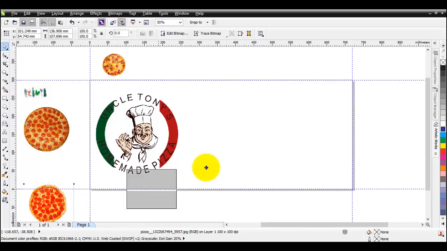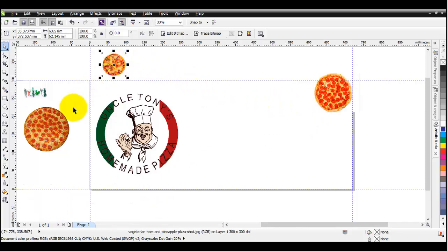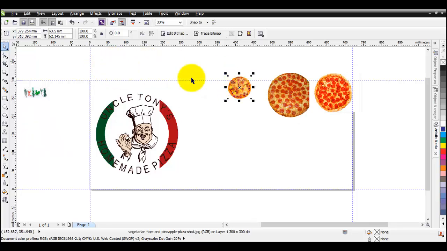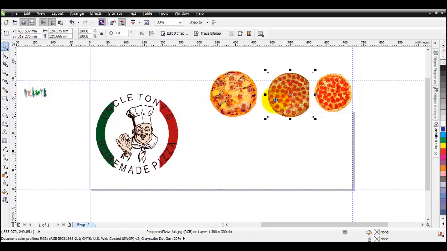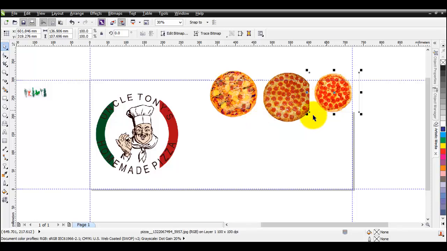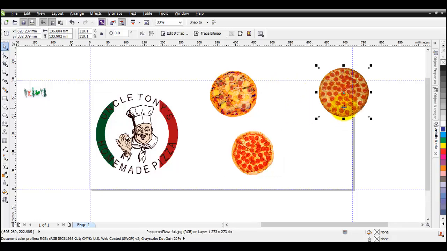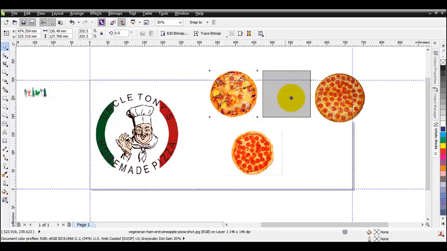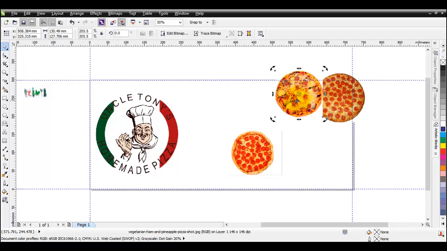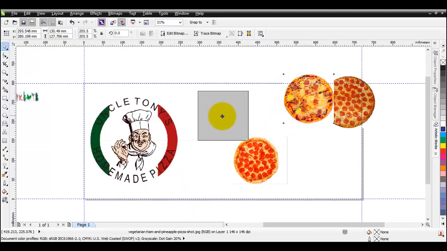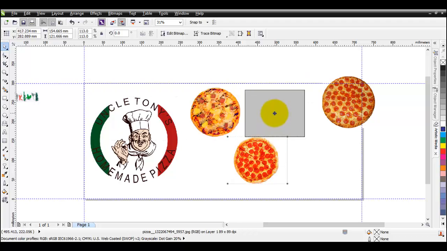Now with these pizzas here, what I would like to do is actually align them here, all three of them, and this will in a way create some sort of almost like a border, but only for this portion of our design. So what I would like to do is actually, I'll bring this one here first, something like that, then we'll bring the big Hawaiian one. But you see that once they overlap, there is that white bit that we do not want. So what we need to do is actually first of all cut just the pizzas out themselves. Now to do that